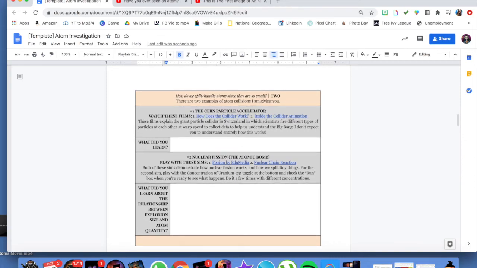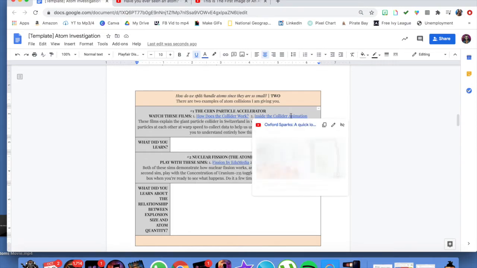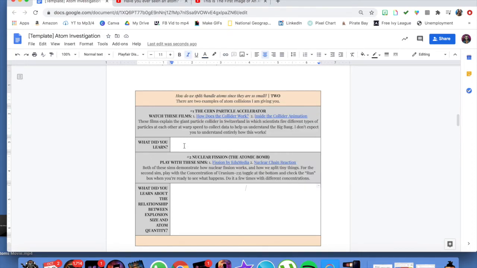For example, this one about how do we split atoms when they're so small. I'll click on these films. You want to watch them in order, so you watch this one. This one will tell you what a hadron collider is. This one will animate the inside of the collider. But then we come down here, after I tell you what I learned, and I'm like,